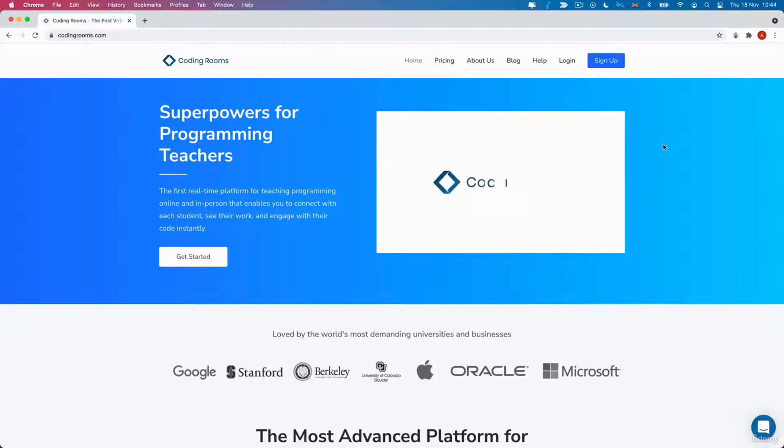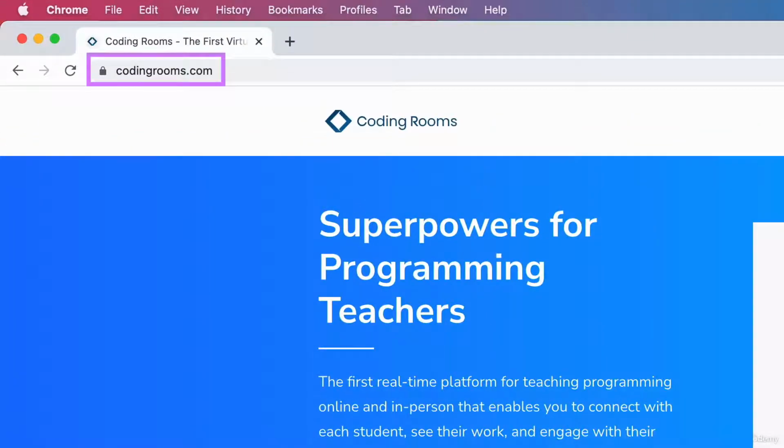Now, in order for you to get set up on our coding rooms, we're going to have to get you signed up and registered with our course. So in order to do this, I want you to first head over to codingrooms.com and then sign